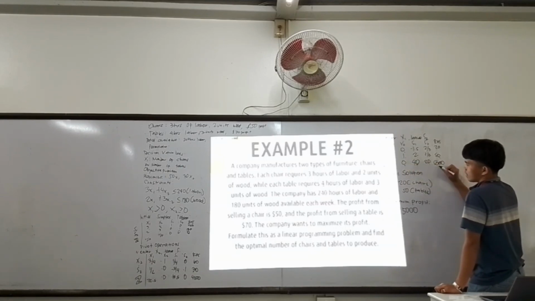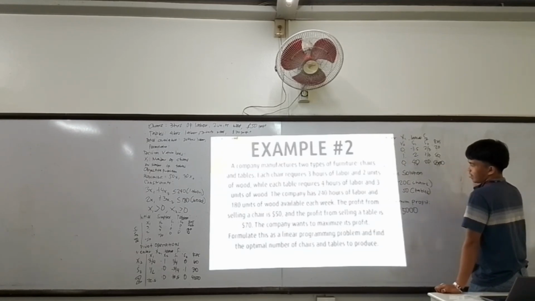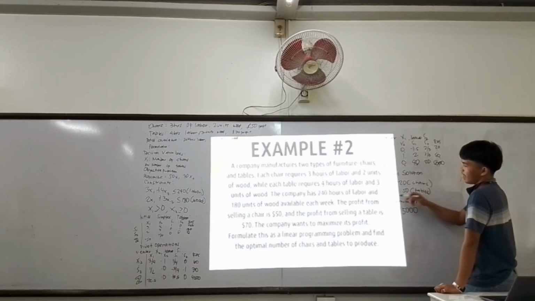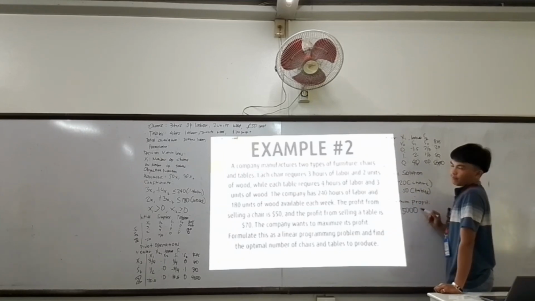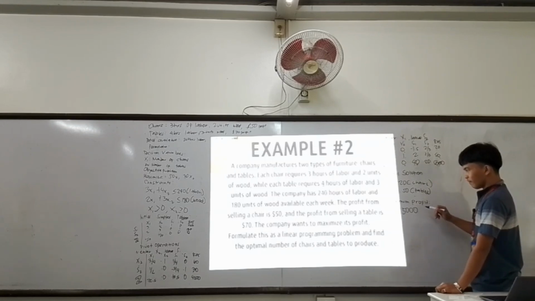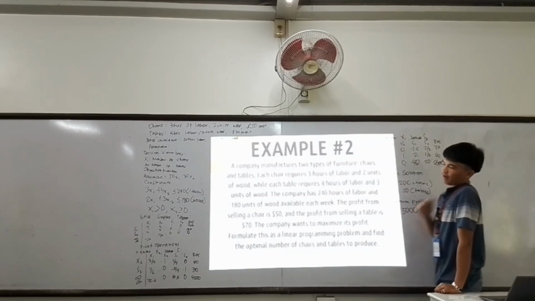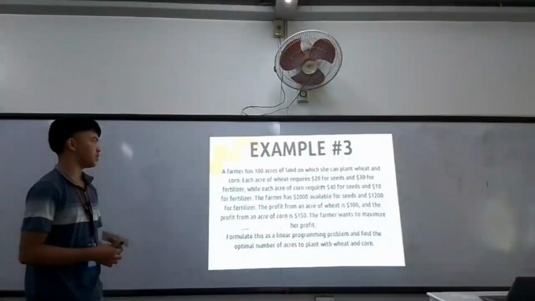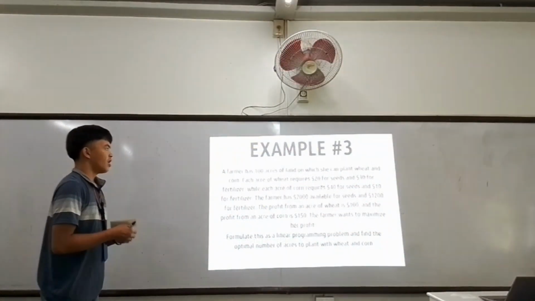and we will input 40 and 20 here and 5,000. So for our optimal solution, we have x sub 1 equal to 20 chairs and x sub 2 equal to 20 tables. So our maximum profit for this is $5,000. For the last example, which is number 3, a farmer has 100 acres of land on which she